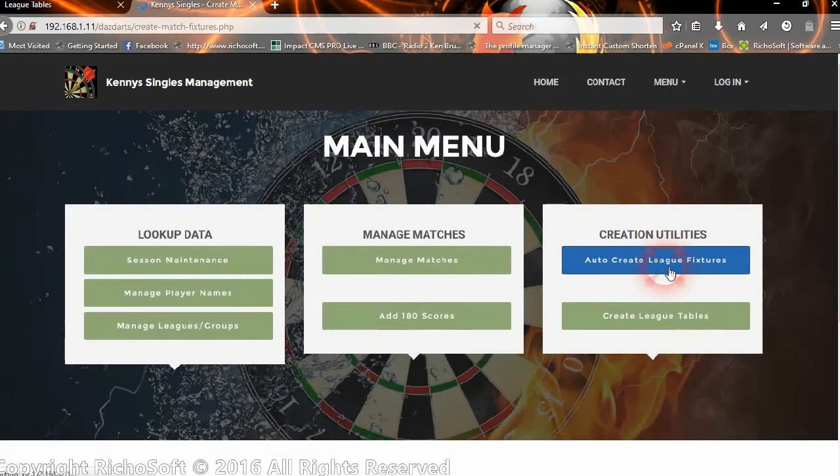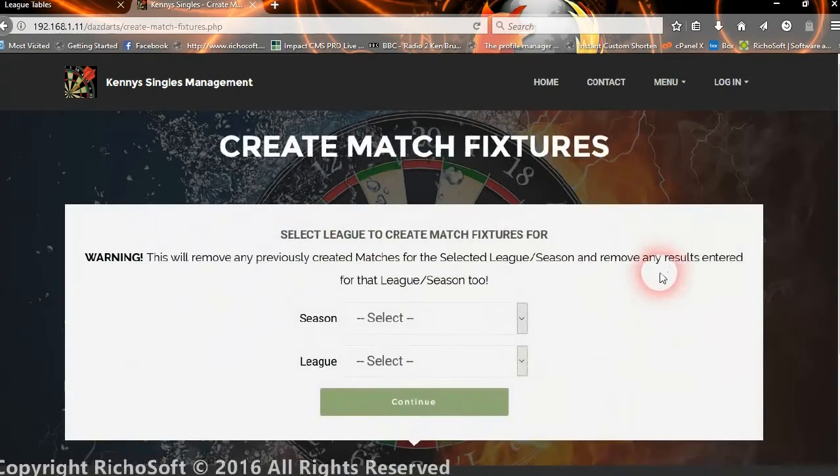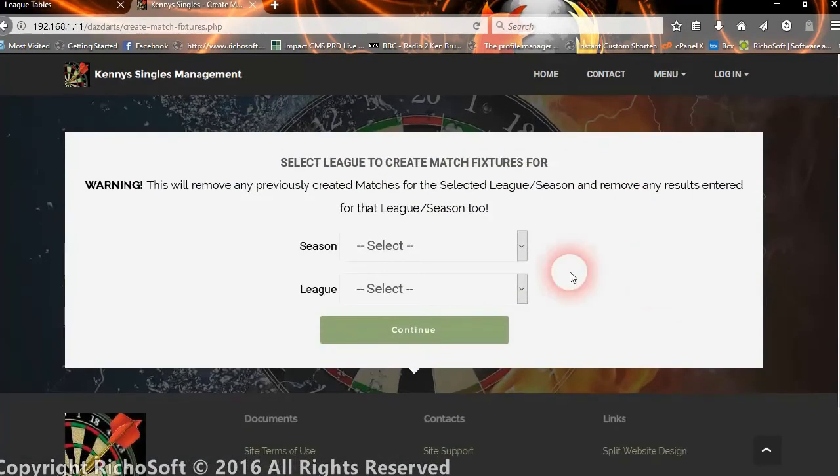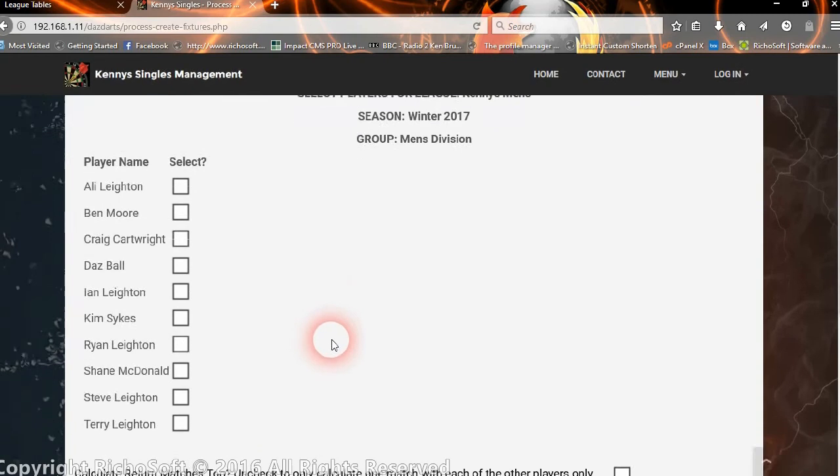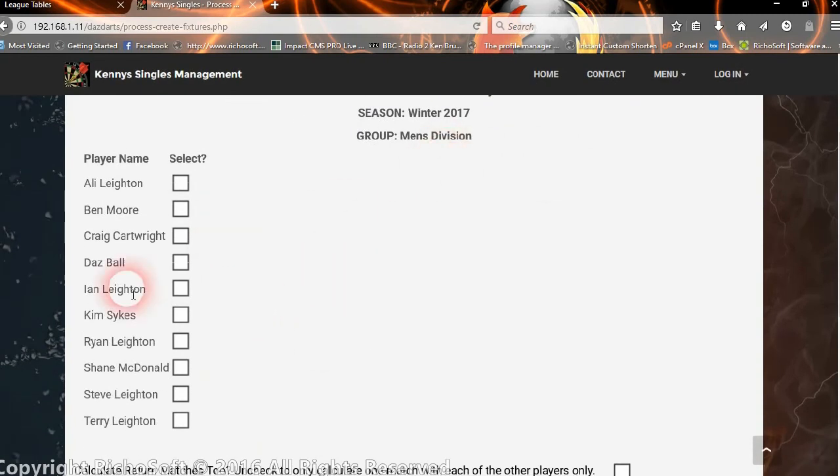fixtures, what happens here is this will automatically create the fixtures, and you first of all select the season. So we'll select winter 2017 in the men's division, and again, as I said, only active players and players that are in the men's division will show. You then select which players are going to be playing in this winter season, whether it's all 10 or all the players that are active or just some of them. And then once you've selected them,